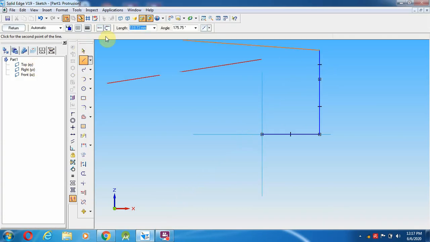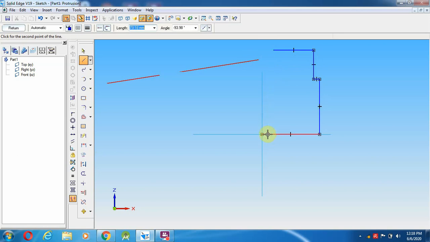So this is the line I am going to delete. So select a line from here, moving a distance of 5 mm over here, and up 25 mm, 25, and towards this side 35 mm, 35 mm. So now we have already moved from here to here 5 plus 35, 40 mm.